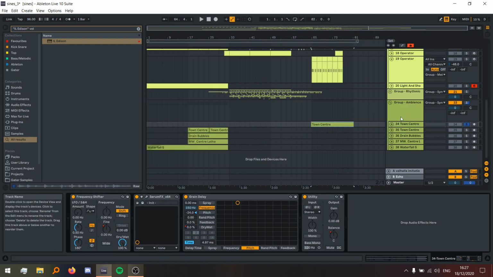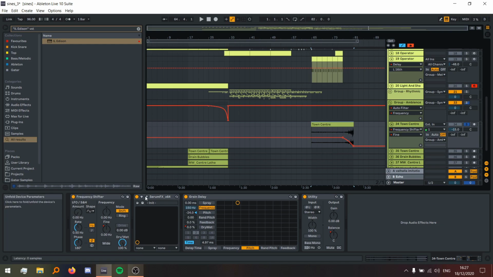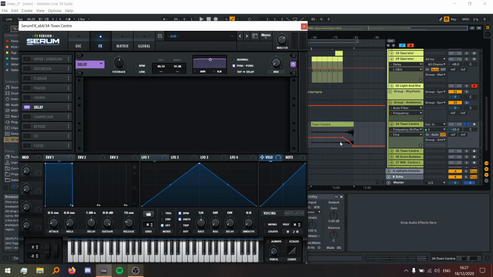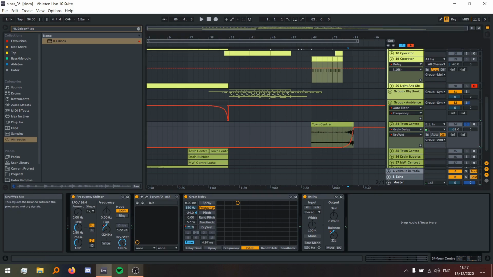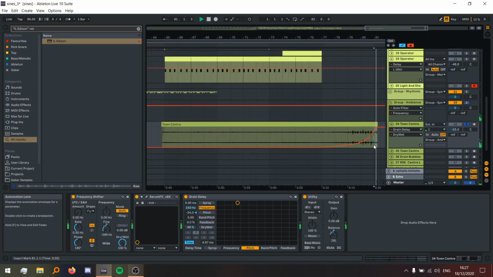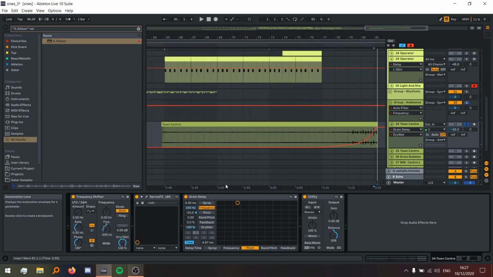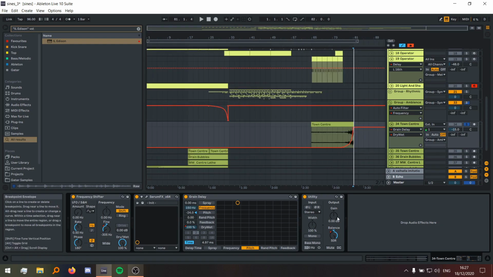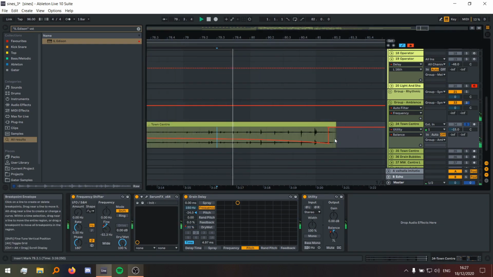I've got a frequency shift on it, which is shifting it down. I have some Serum effects, just to delay, with the mix slowly going up. And then a Grain Delay, which, as it goes from 0 to 100, is pitching the sound down 2 octaves. And then I'm panning it to the right